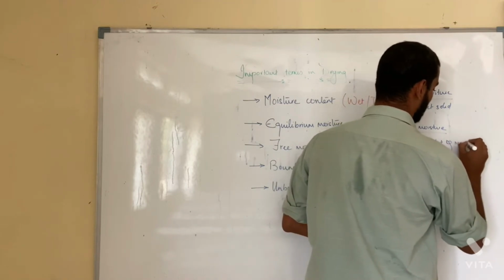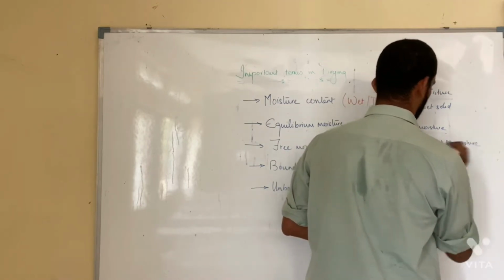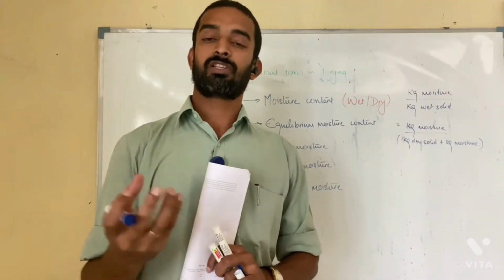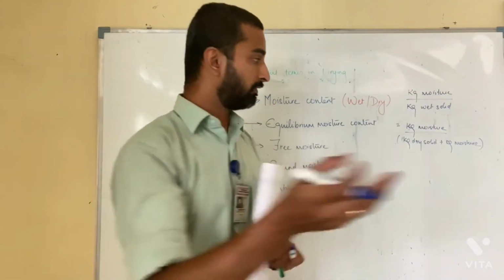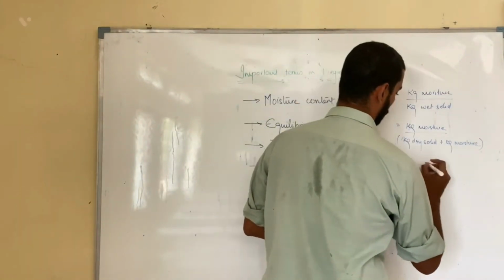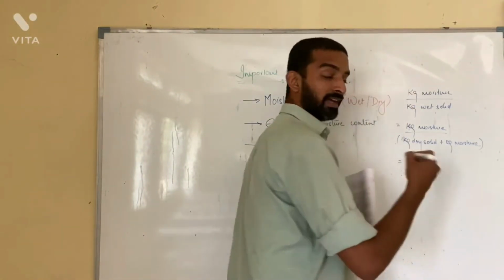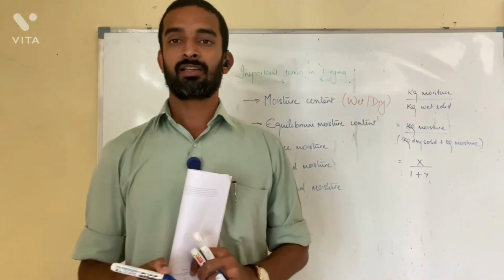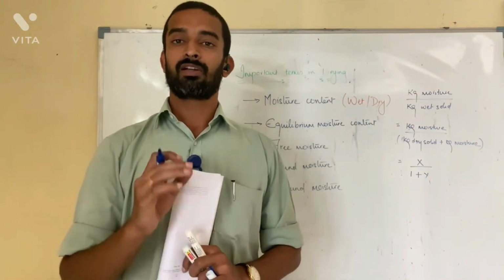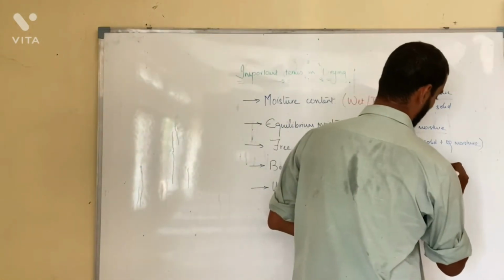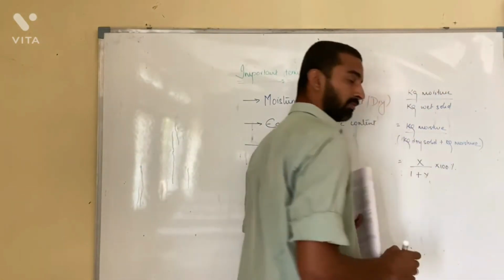I think this is very clear and easy to understand also. Total आपका जो dry solid का वजन है वो आपको पता है and what is the moisture in that you know that. If we represent all these things in form of notation, I can say simply 1 plus 1 upon x, where x is my moisture content and 1 is the weight of dry solid. If I want to find this in percentage, I can simply multiply this with 100 and this becomes moisture content in percentage.